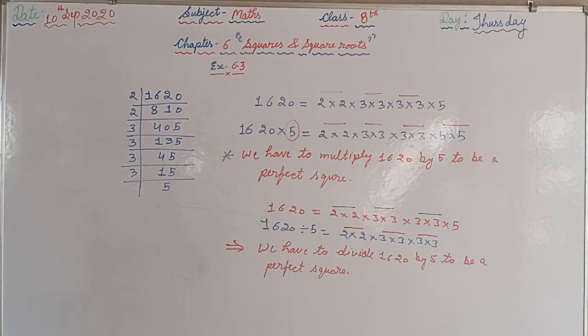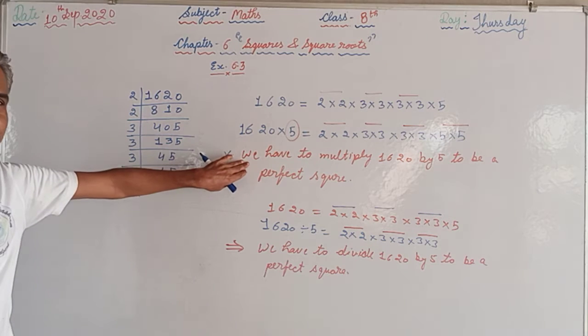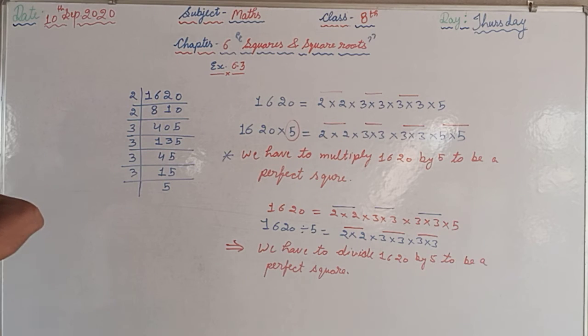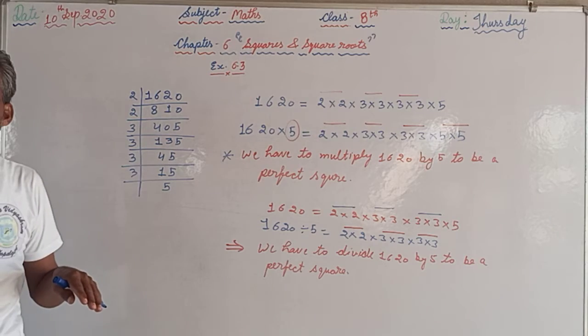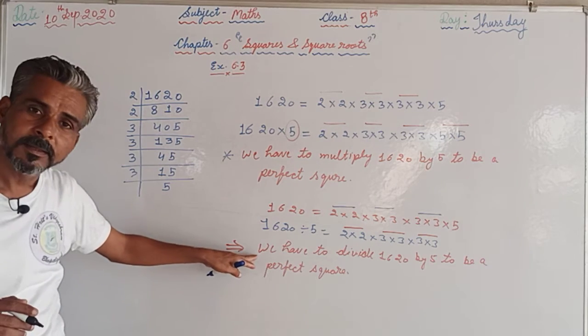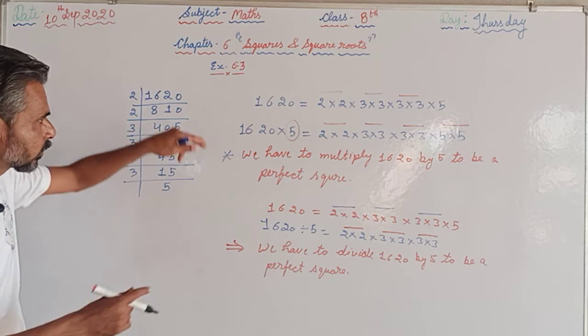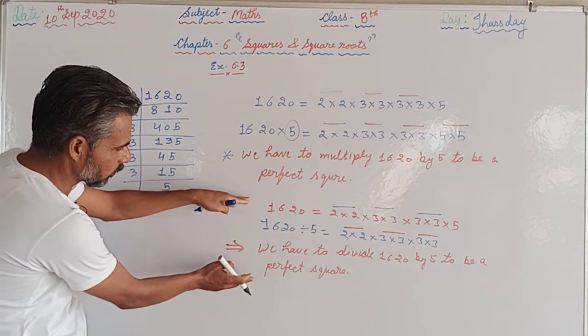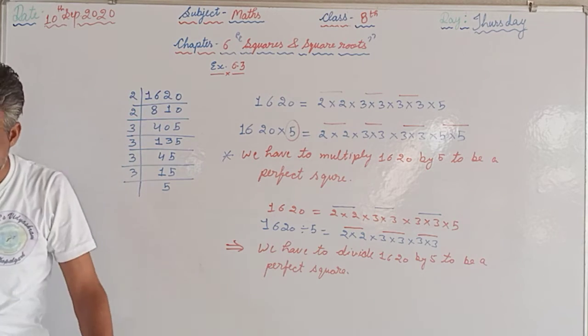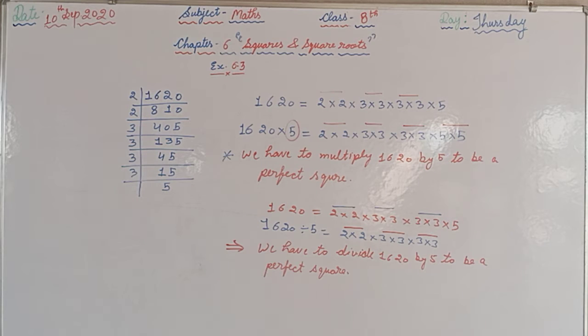In question number 5 you have to tell by which number we have to multiply, so that will be this case. In the next question, question number 6, you have to tell by which number we have to divide. The answer will be this. For the 5th question you have to do this, for the 6th question you have to do this. I hope that you have understood, and now you can easily proceed with such questions if you have not solved them yet. Now afterwards some word problems are there, so we will start with question number 7.